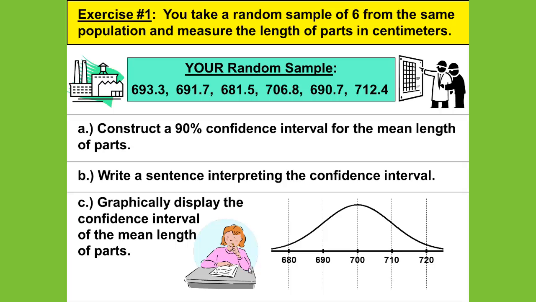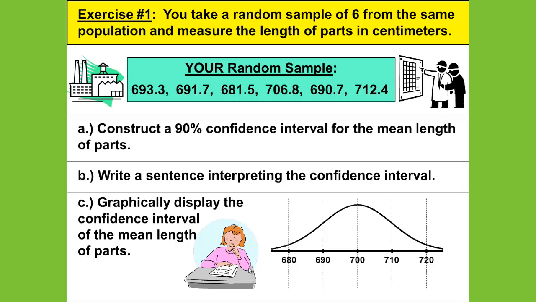But for our purposes here, this is your sample, and you may want to pause here and complete the work that we did in part 1: construct the 90% confidence interval for the mean length of the parts, write a sentence interpreting the confidence interval, and graphically display the confidence interval for the mean parts. And your random sample is